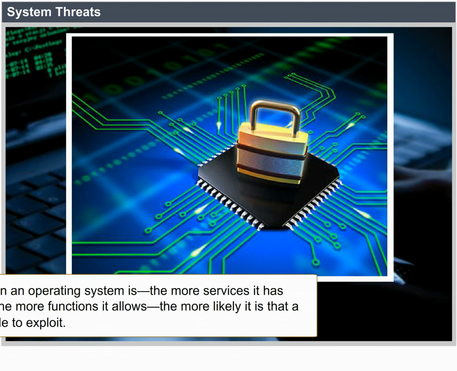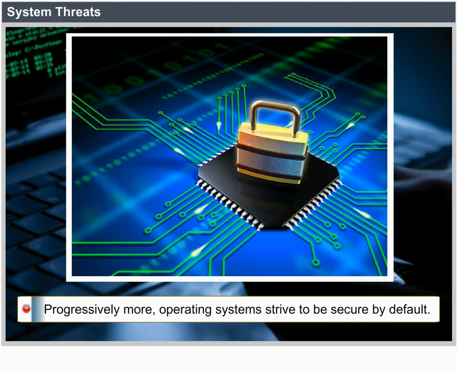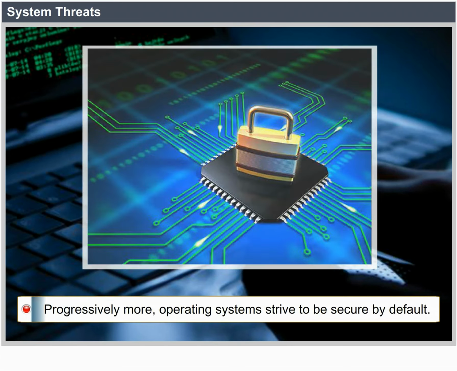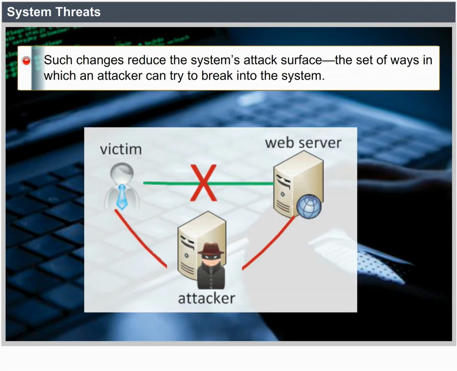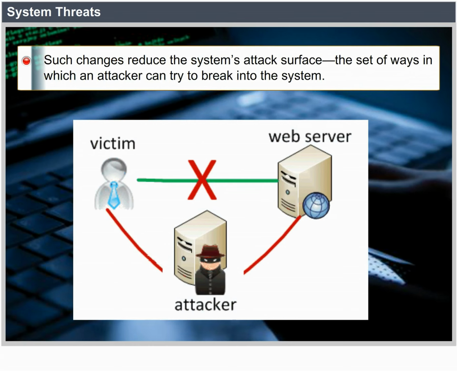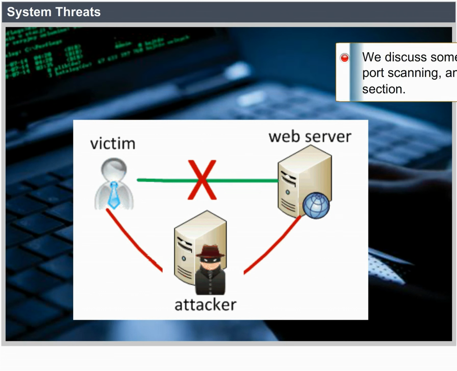For example, Solaris 10 moved from a model in which many services, FTP, Telnet, and others, were enabled by default when the system was installed to a model in which almost all services are disabled at installation time and must specifically be enabled by system administrators. Such changes reduce the system's attack surface, the set of ways in which an attacker can try to break into the system. In the remainder of this section, we discuss some examples of system threats, including worms, port scanning, and